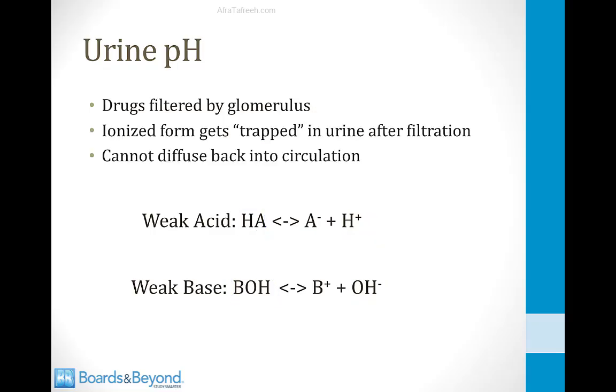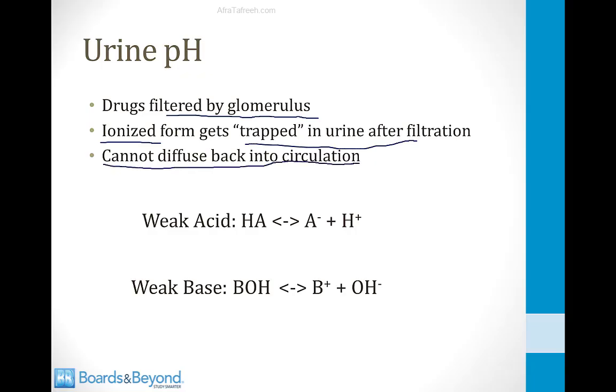Drugs, like many other things in the plasma, get filtered by the glomerulus and enter the nephron. Recall that the glomerulus filters most things in the plasma, and then it reabsorbs the things that the body wants to hold on to. The high yield point for you to know is that the ionized forms of drugs, that's the form that is positively or negatively charged, gets trapped in the urine after filtration and it can't diffuse back